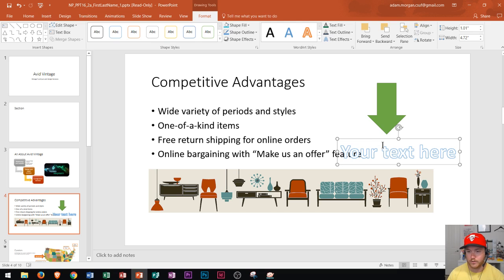Get in the habit of using the placeholder. Then I could say competitive advantage, and I'll just put deals. All right, and so there's my word art right there. I could then select the placeholder and change the styles, the shapes, the word art styles, and the size. So again, this is very, very similar to images and shapes, so I'm not going to spend a lot of